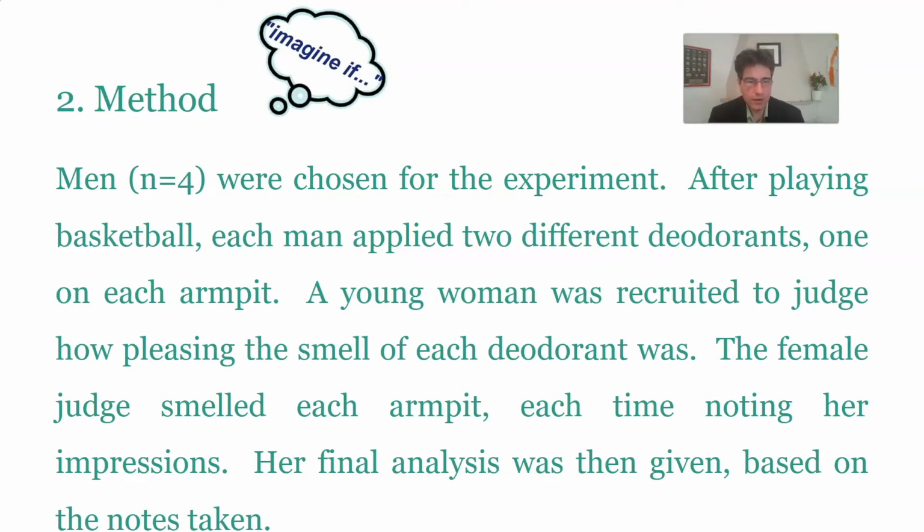section 2 method, men, 4, were chosen, I think there are more actually, were chosen for the experiment. After playing basketball, each man applied 2 different deodorants, one on each armpit. A young woman was recruited to judge how pleasing the smell of each deodorant was. The female judge smelled each armpit, each time noting her impressions. Her final analysis was then given based on the notes taken. So,